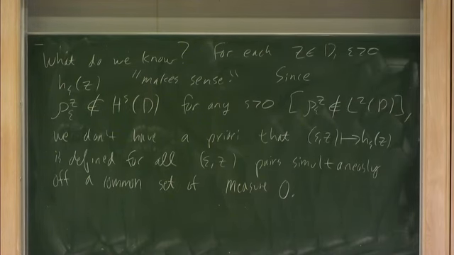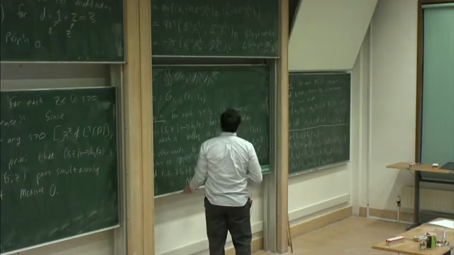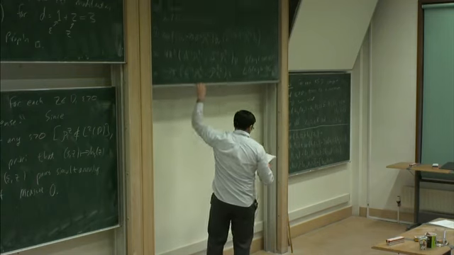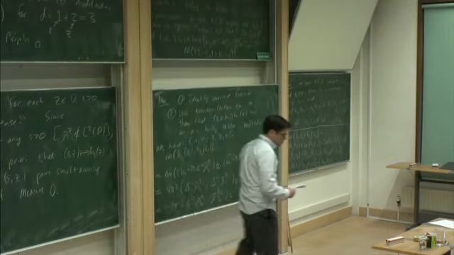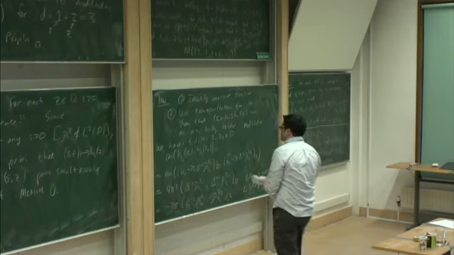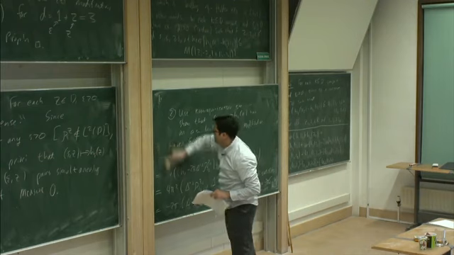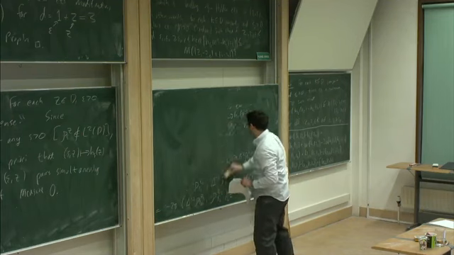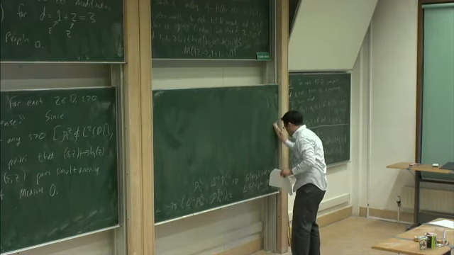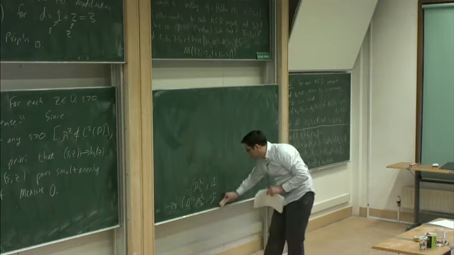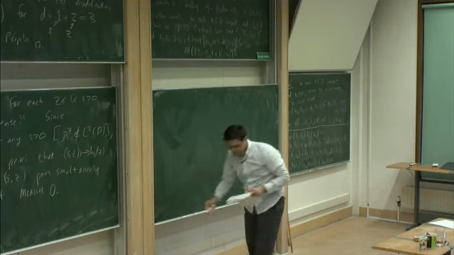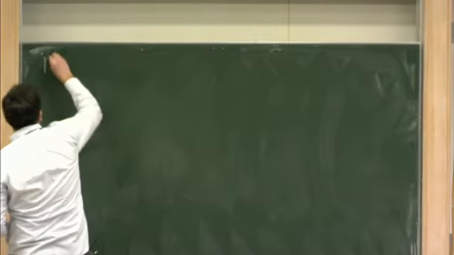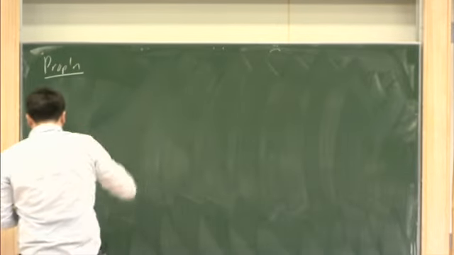All right, and now in the last few minutes, what I want to do is just explain one connection between the Gaussian free field and Brownian motion. So here's the statement. So what it says is that